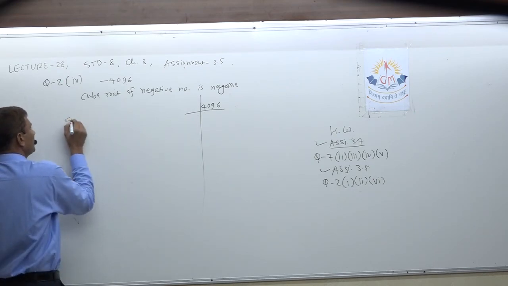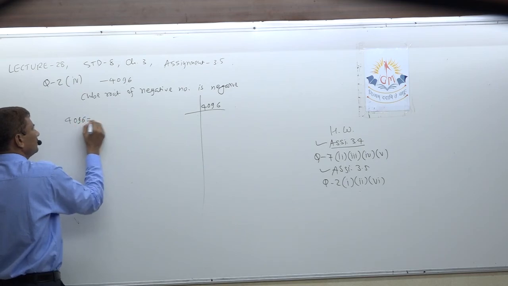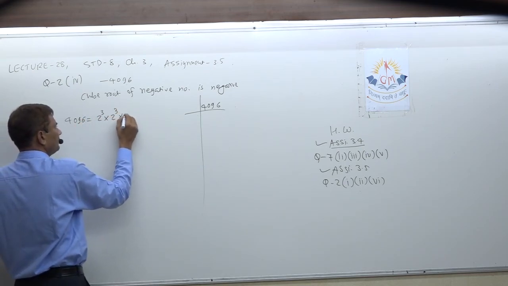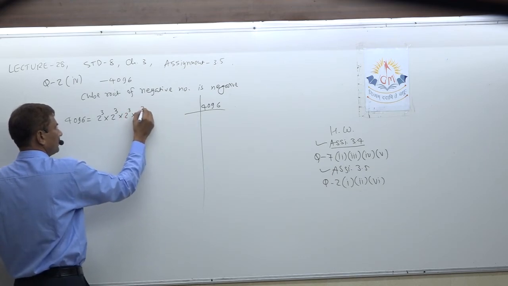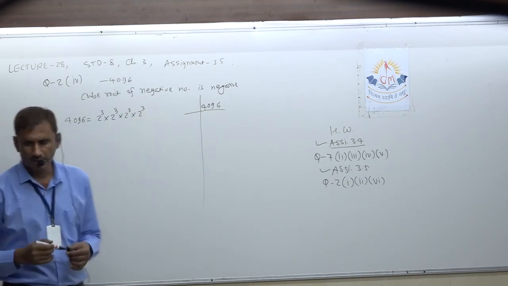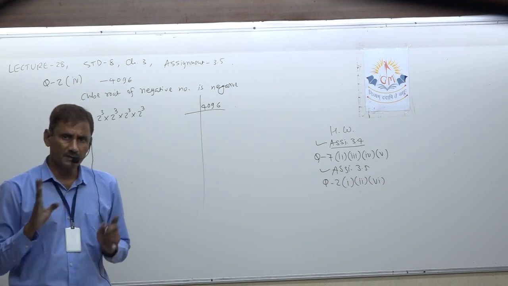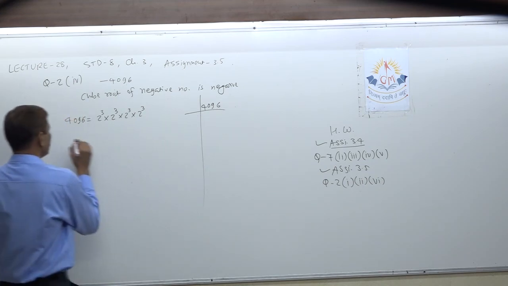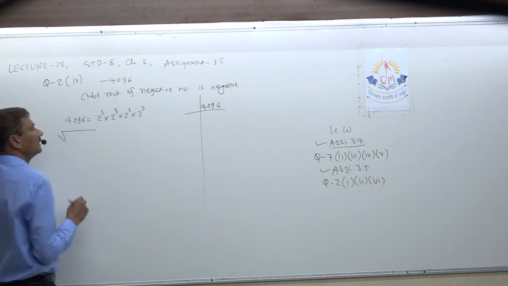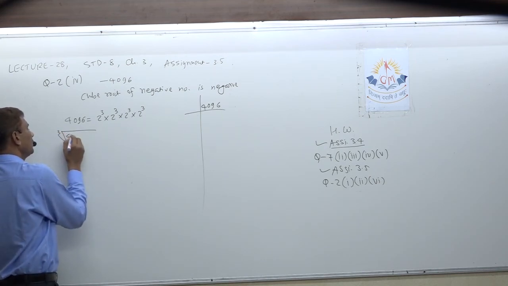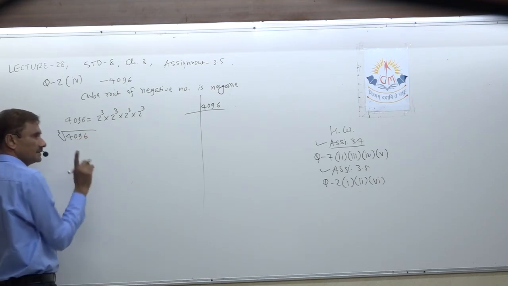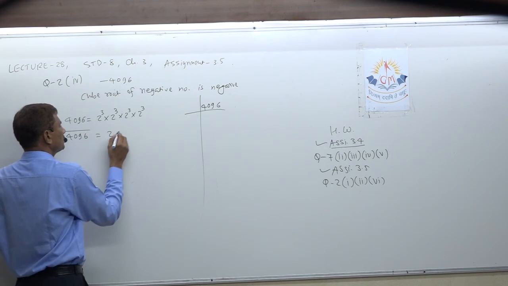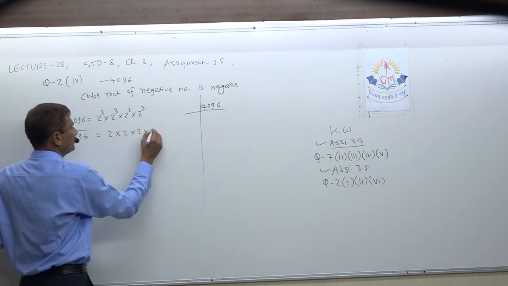So I am just writing 4096 equals 2 one pair, 2 second pair, third pair and 4th pair. Total 4 pairs of 2 are there. In each pair 3 numbers are there. Okay, so now you can find the cube root of only 4096, not minus. We will give the answer later on. The final answer: 2 into 2 into 2 into 2 will be 16.